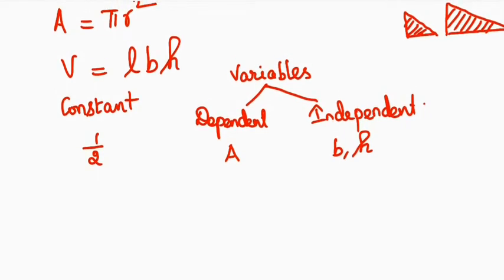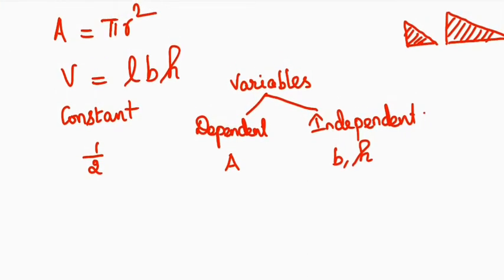Coming to the next example, the area of the circle. That is pi r square. On that, this pi, you know very well about pi. You can write, it is a constant because its value is 22/7, that is 3.14, approximately. So throughout the process of finding the area of the circle, pi remains constant.